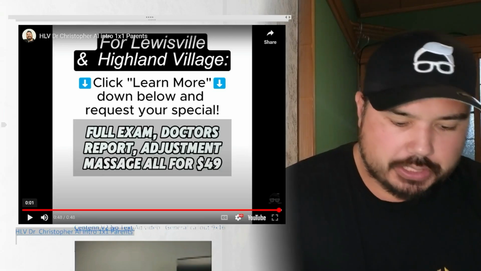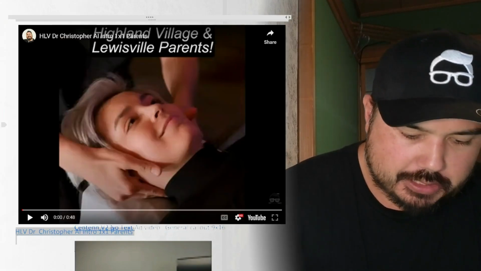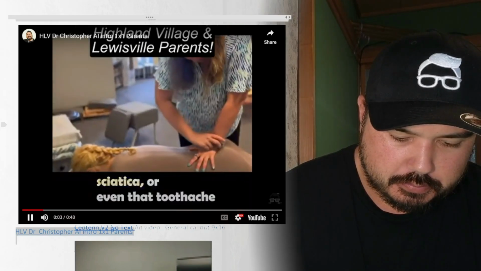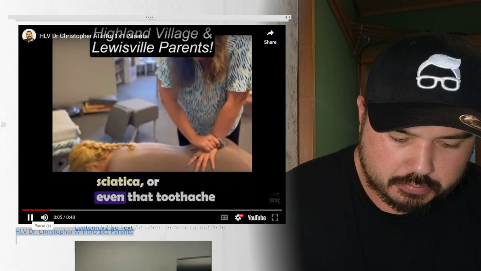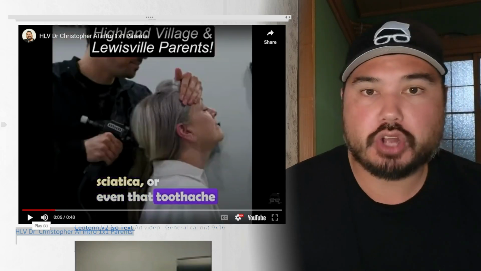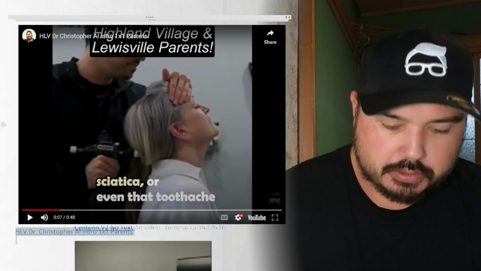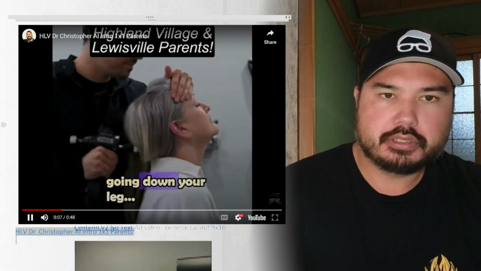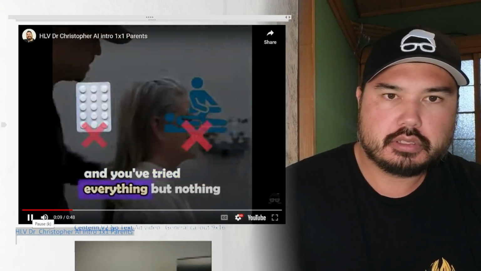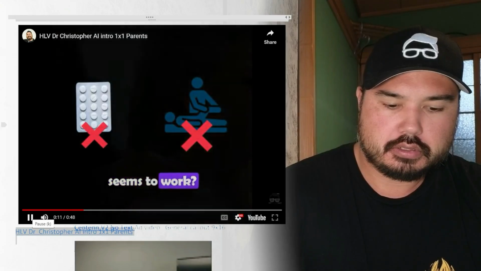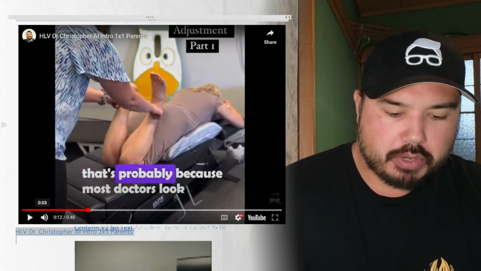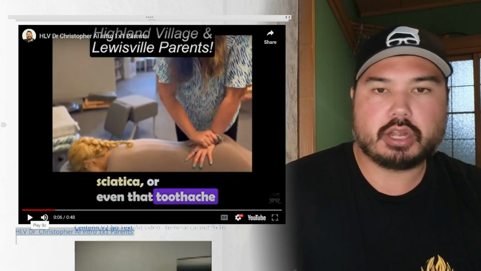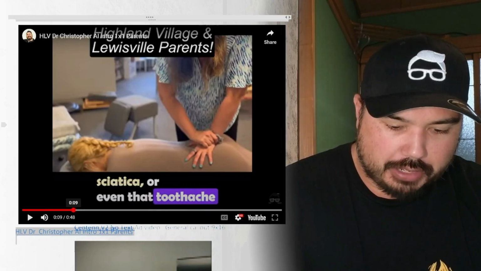Okay, so with this one, this bit is way too long. From neck pain, back pain, recurring headaches, sciatica, or even that toothache. Bang, stop. Go. So just stop there, because that's what they're doing. Then cut to your dude. Down your leg, and you've tried everything, but nothing seems to work. No. So yeah, we want to stop this. Sciatica, or even that toothache. Bang, stop it there. Then I would even go,